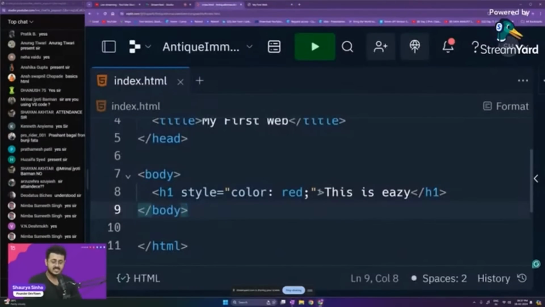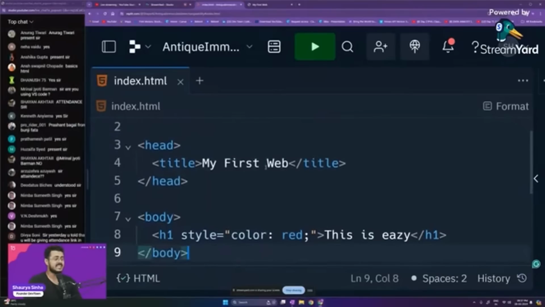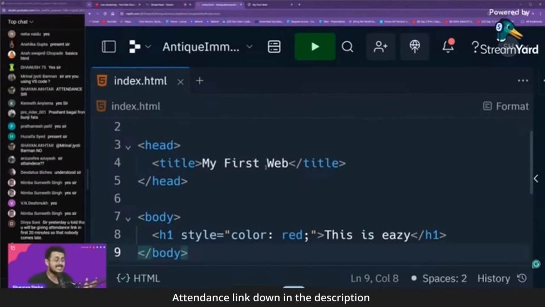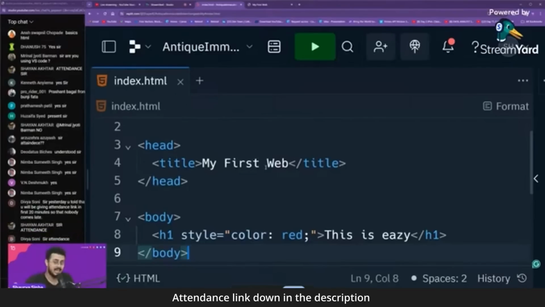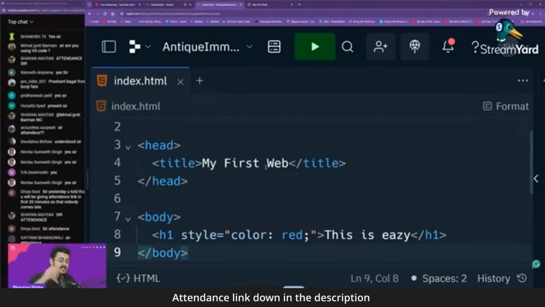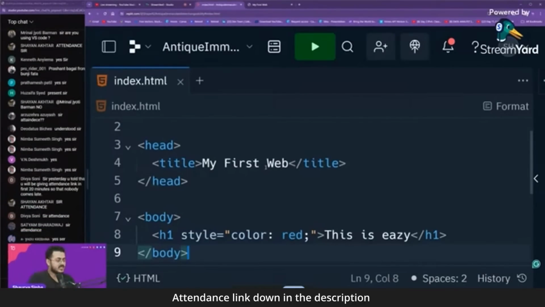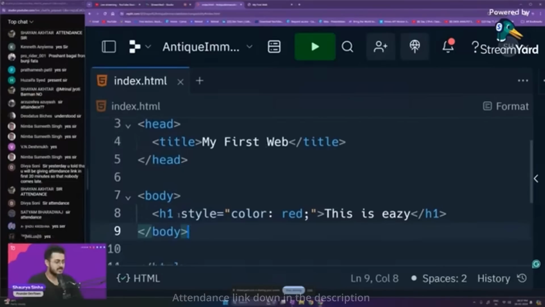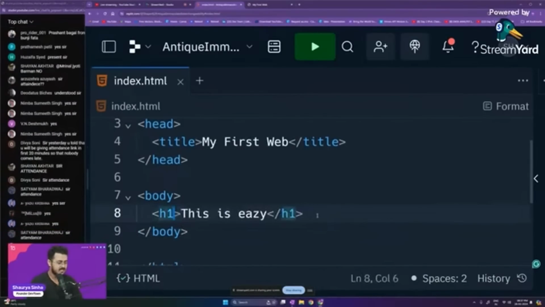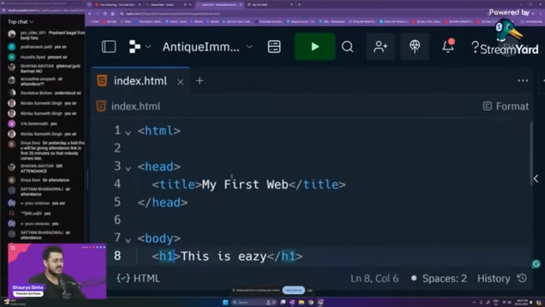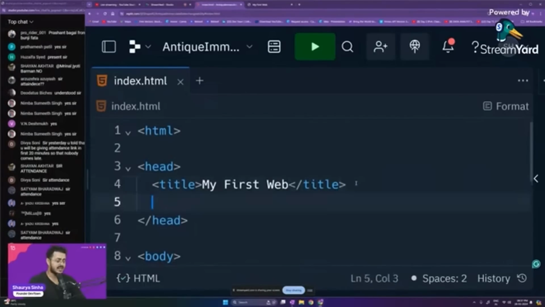As the name suggests, internal CSS is basically in the same file. Our CSS code is in the same file as our HTML code, guys, not in the same line, in the same file. Okay, so right over here, as you're able to see, let me remove this. This is no longer needed. Control X, Control S. And then right over here, inside of our head property, because CSS is again something